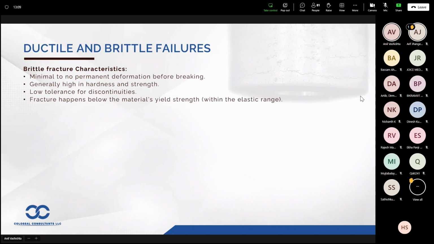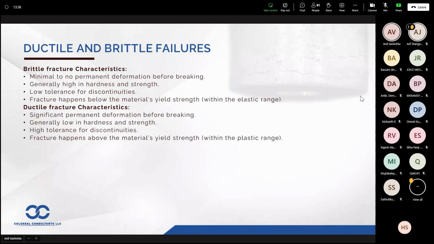The ductile and brittle failures, the brittle fracture characteristics are they will have minimum plastic deformation or no permanent deformation before breaking. And they generally are associated with high hardness and strength and low tolerance for discontinuities. And fracture happens below the material's yield strength. The characteristics for ductile are significant permanent deformation before breaking, and